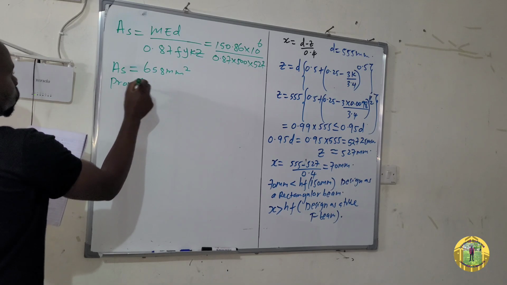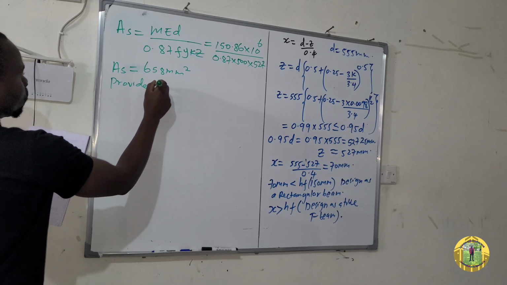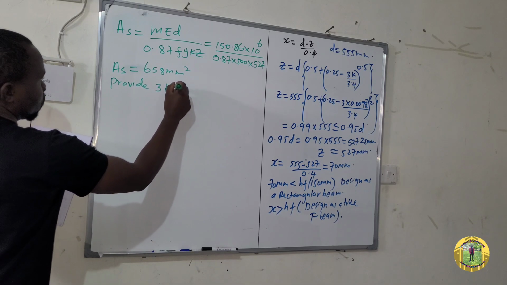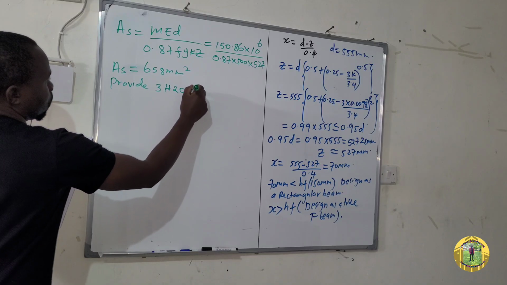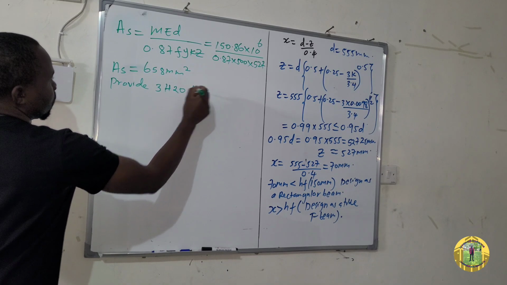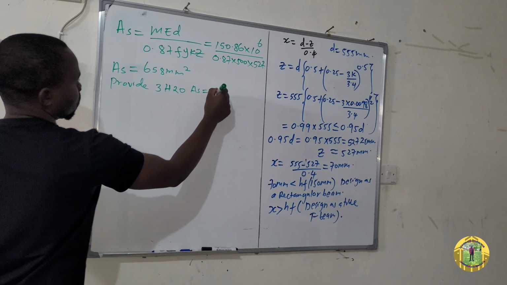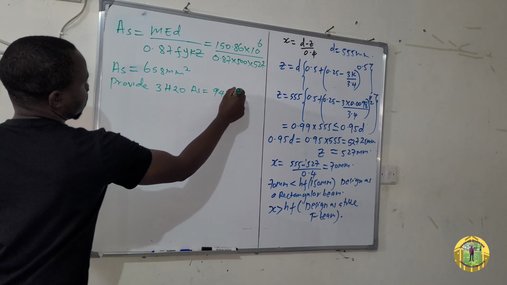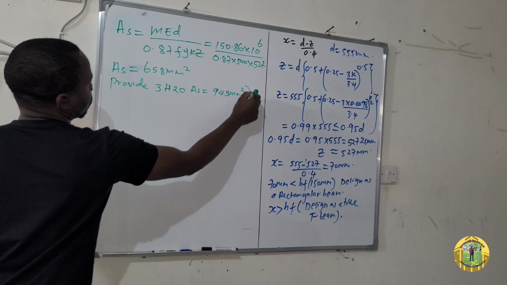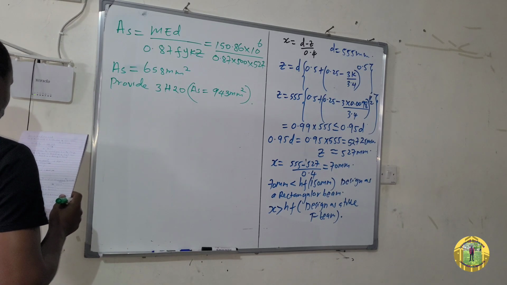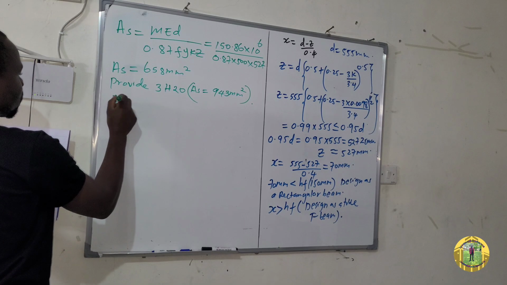And therefore provide. I hope you know how to read the table. Provide 3H20. Area of steel provided is equal to 943 millimeter square. Then after there, we will check the area of steel